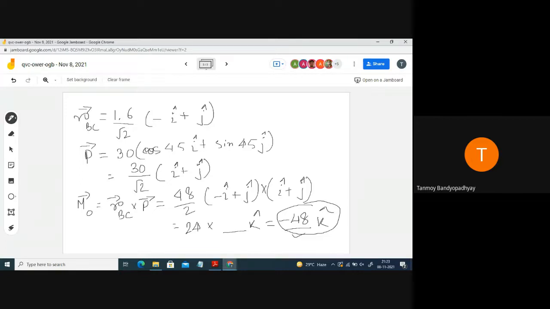Okay? So this will be a general convention that we will be following. Whenever we move to the equilibrium problems, whenever there is a positive rotation, I mean an anti-clockwise rotation, we take it as positive. And whenever there is a clockwise rotation or clockwise moment, we will be taking it as a negative thing. So this is a general convention that we will be following when we move to the problems of equilibrium.